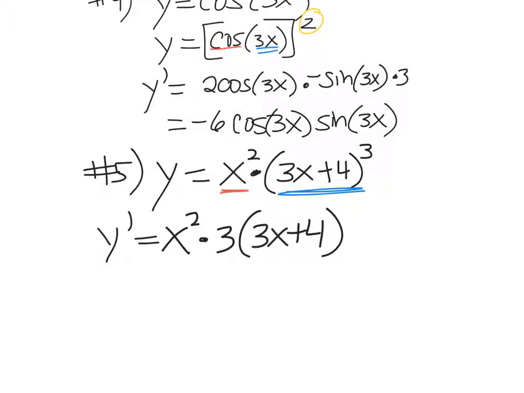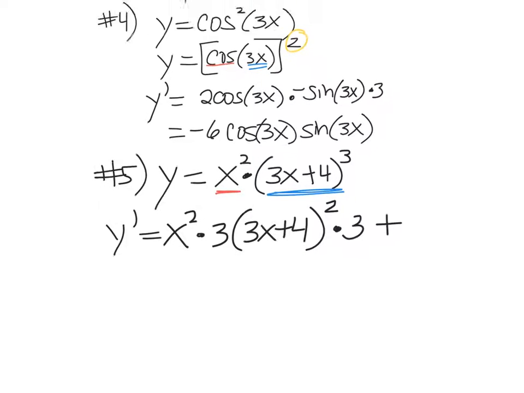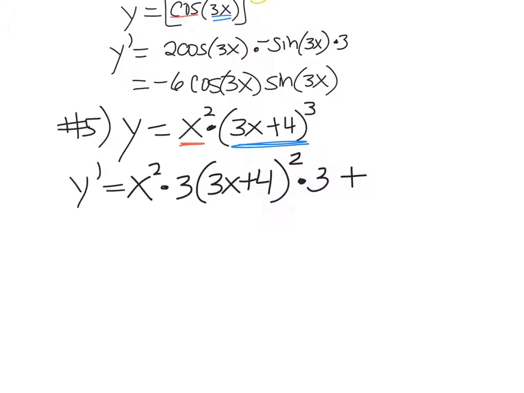Do not forget to subtract the 1 off of there. That's another thing people will do on accident. You don't mean to do it, of course. But when you bring that 3 down, you still have to do the power rule of subtracting 1 off. And then times the derivative of the inside, which is 3, plus. So that's just the first part. That's a times b prime plus b